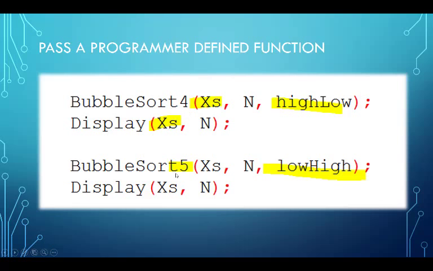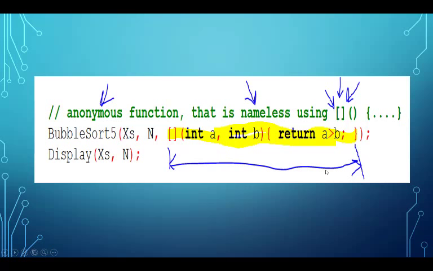double sort 5. Again, I could say high to low using my function. You also have the option of what's called an anonymous function. This